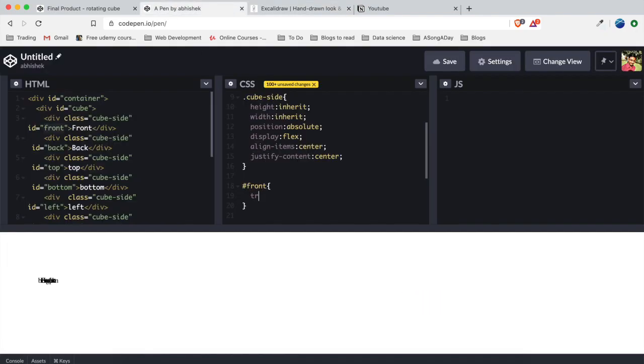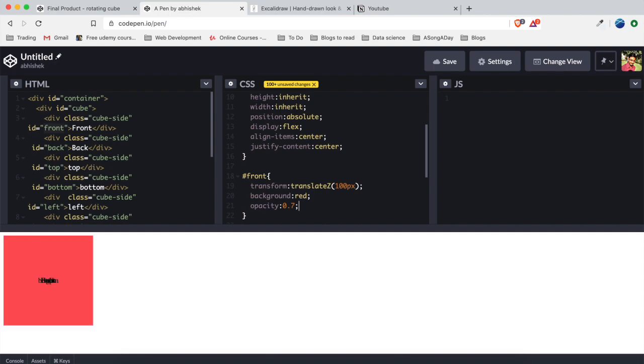Let's transform it, and as we are moving on the Z axis, we are going to put translateZ and then 100 pixel. Right, we will also put background here just to know that where our screens are lying. Let's call it red and have an opacity of 0.7, so we can see the screens behind of it also.